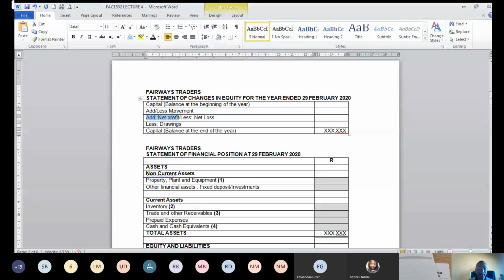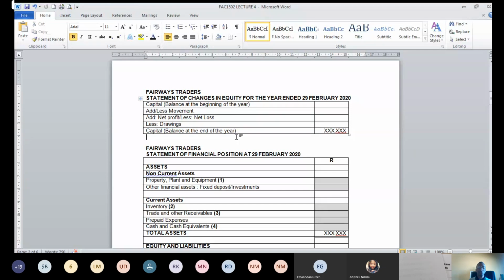Any profits that were made, you add, and if the business has made a loss, you subtract the loss. Now, in our case, we have calculated a profit. Remember, this is the information that comes from the statement of profit and loss and other comprehensive income. If you've made a profit, add it onto capital. If you've made a loss, it must be subtracted. Next category, you subtract your drawings,